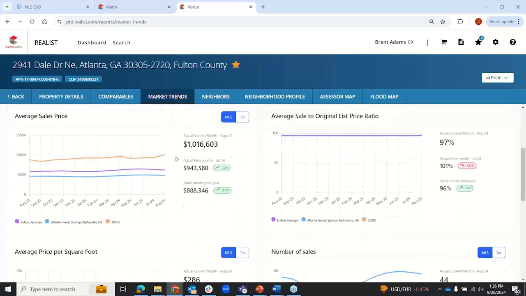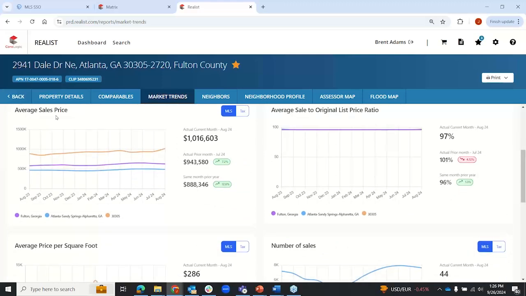What we've also got is some charts. So here's your average sale price, and you see various lines here. We're going to give you the average sale price in Fulton County, Georgia. That's what the purple line lets you know. In the Atlanta, Sandy Springs, Alpharetta metro area, that's what the light blue line is letting you know. And in the zip code of